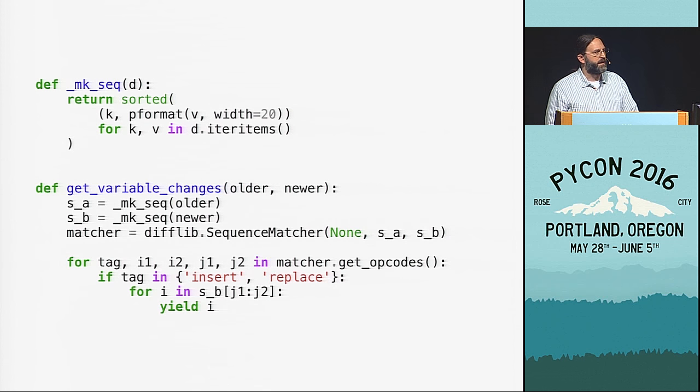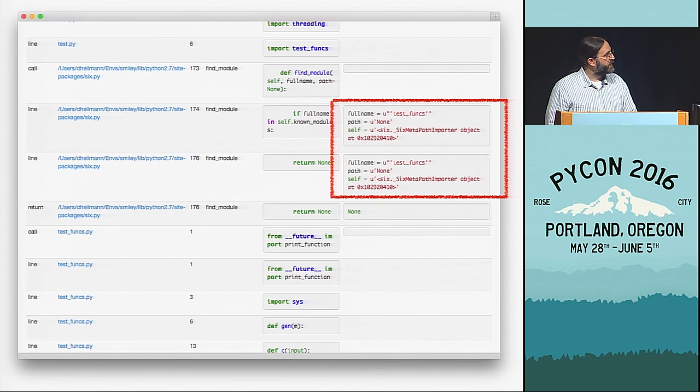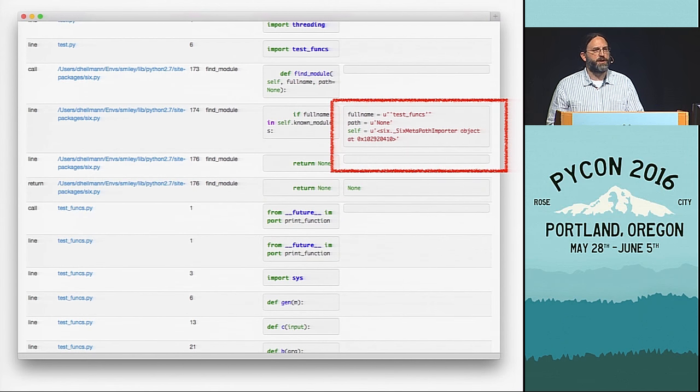So the first version of the variable collapsing code used the difflib module on a sequence of variable names and values, and that worked pretty well. The difflib output is basically a list of changes, so you know what's been added or removed or changed, and that told me what I needed to display. So I was able to remove the duplicated data by comparing those variables from one line to the next. Anytime execution enters a new function, it automatically triggers redisplaying everything from that function because the context has changed. But within a given function, only the variables that actually change are displayed.